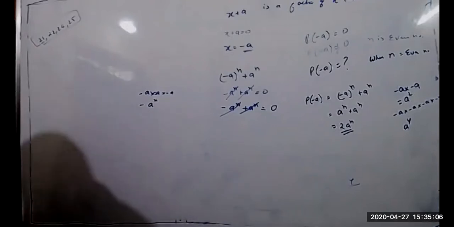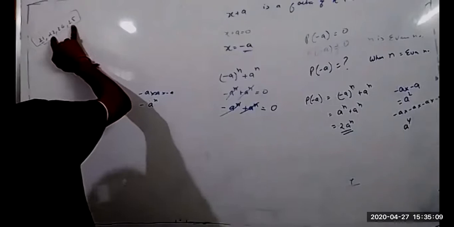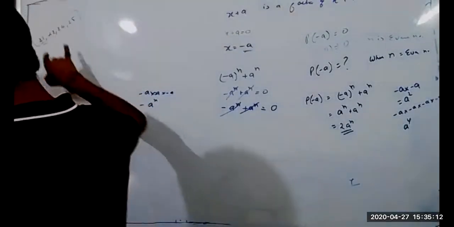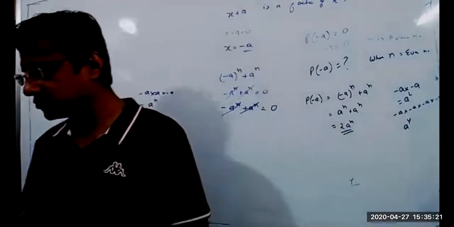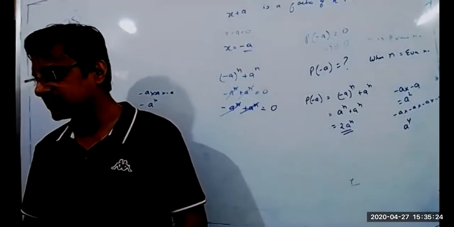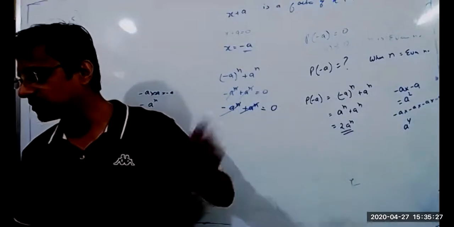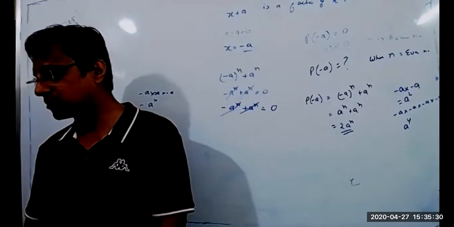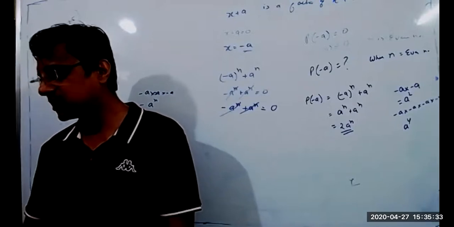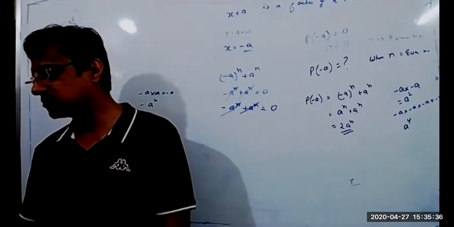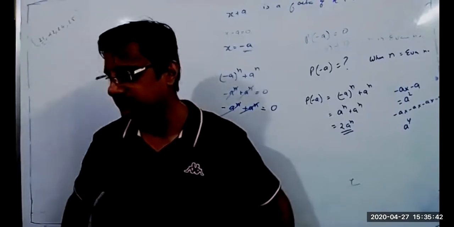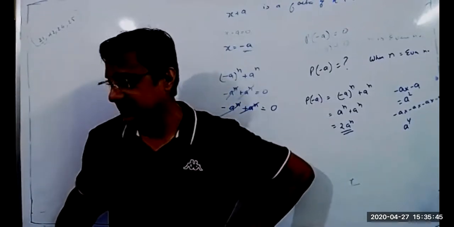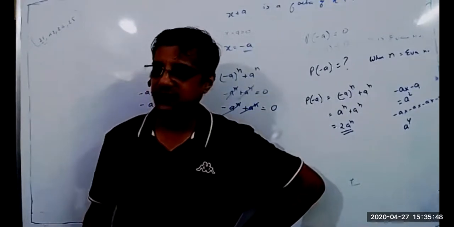Okay. So we left out these two questions, 22 and 25. I want you to try them, and then tomorrow I will discuss. Second important thing: before tomorrow's class, everyone is supposed to revise factorization of class 8. I'm not going to teach you how to do middle sum splitting. I've already taught you. I'm not going to tell you what a square minus b square is, or what a plus b whole square is, or a minus b whole square. Is it clear? Today's homework is factorization of class 8. Do the revision.